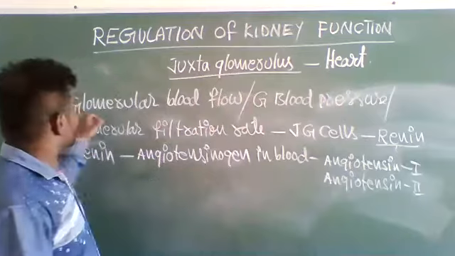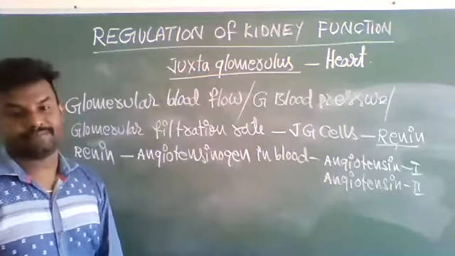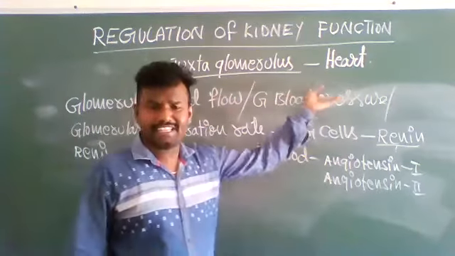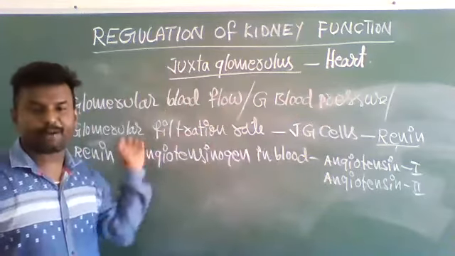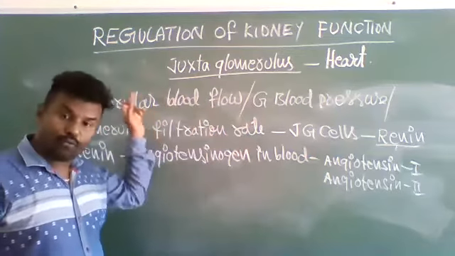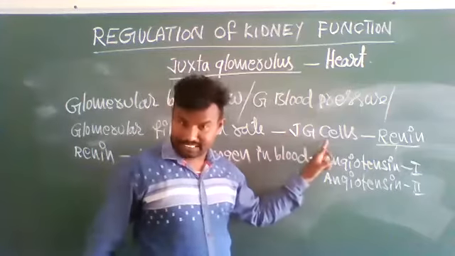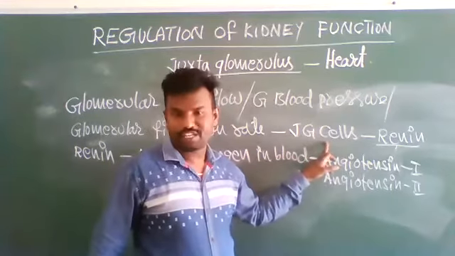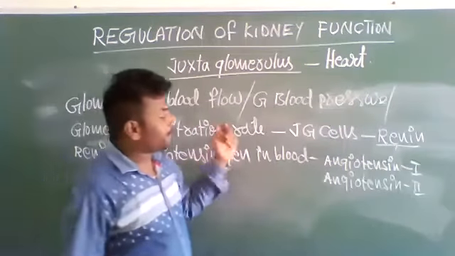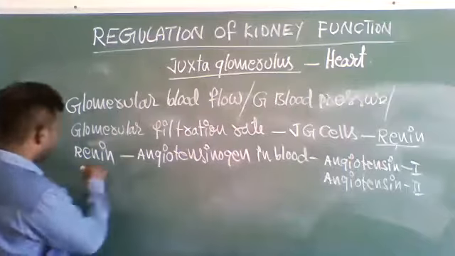Okay, whenever glomerular blood flow, glomerular blood pressure, or glomerular filtration rate is decreased, they are proportional to one another. When one is decreased, ultimately the remaining also decrease. At that moment, the juxtaglomerular cells activate a kind of enzyme that is renin. This renin converts angiotensinogen in blood into angiotensin 1 and angiotensin 2. So this angiotensin 2